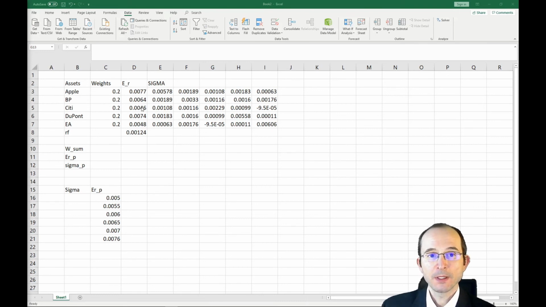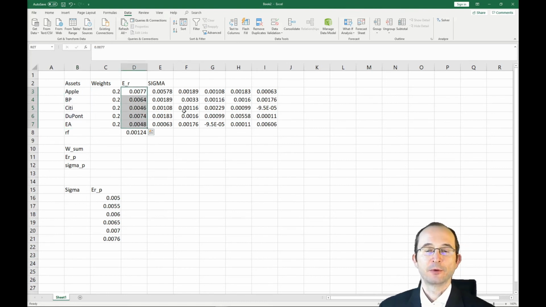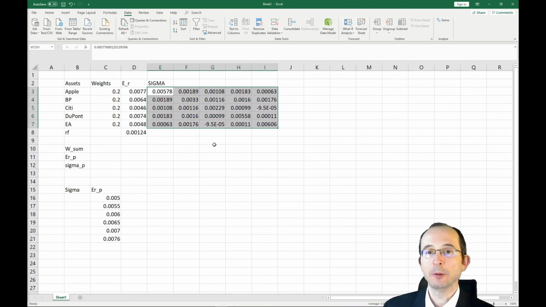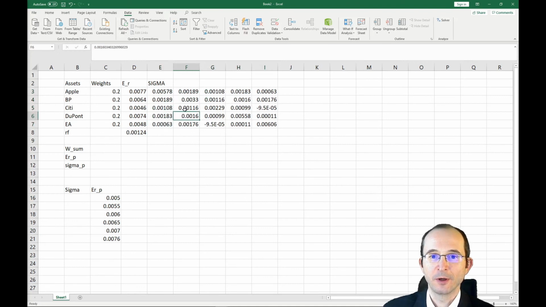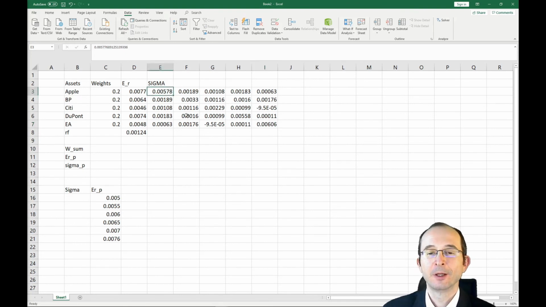So let's say that we have 5 risk assets now: Apple, BP, Citi, DuPont, and EA. We have their expected returns, perhaps from a forecast model using historical data. We have their variance-covariance matrix. Remember, now that we have so many risk assets, we actually have a lot of covariance terms on the off-diagonal, and of course on the diagonal we still have their individual variances. Let's say this is all monthly data, so they are not huge. We have a risk-free rate, which is also monthly,